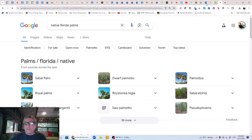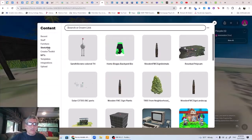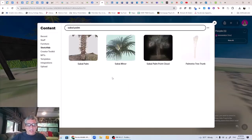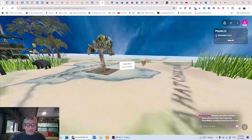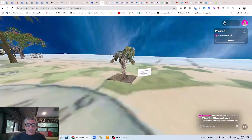And let's move this sable palm once it comes in. There it is. Let's move it by the panther up here and bring it down. Let's click on it. Let's edit its scale a bit. Let's go into the info box and get rid of the info panel in the scene. And my apologies, give me 1 second. That's a beep going on there that we don't want. That'll drive you nuts. Okay. So,